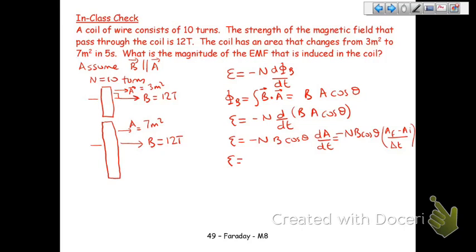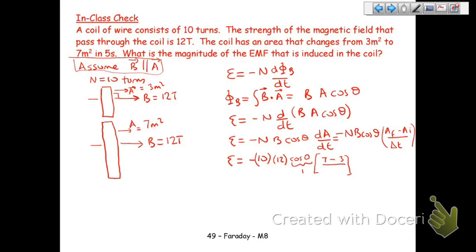So E is equal to minus 10. My B is not changing, my B is 12. And my cosine theta is cosine 0, which is going to be 1. I put in this little thing there because I completely forgot about it. And then I'm going to have A final is 7, minus A initial is 3,